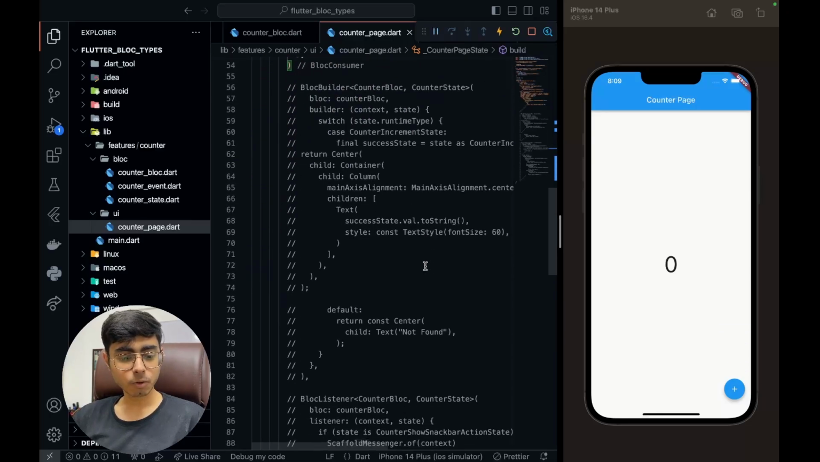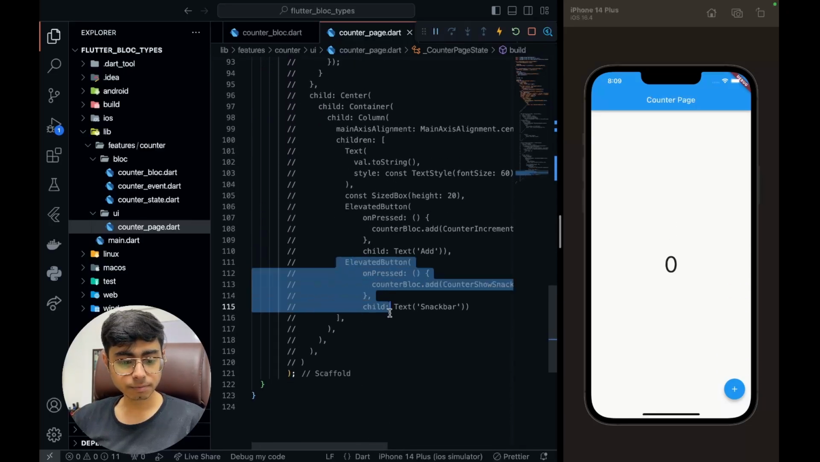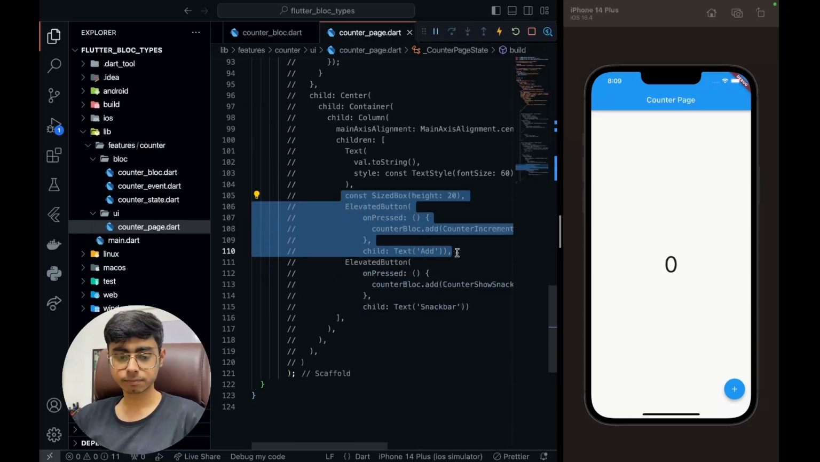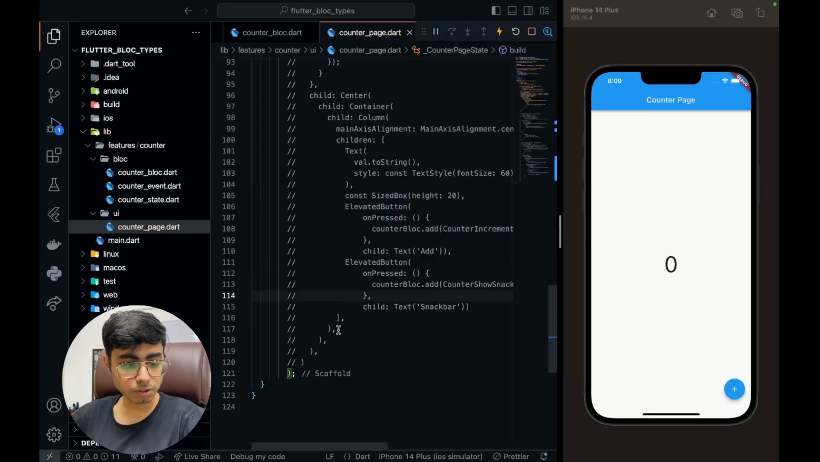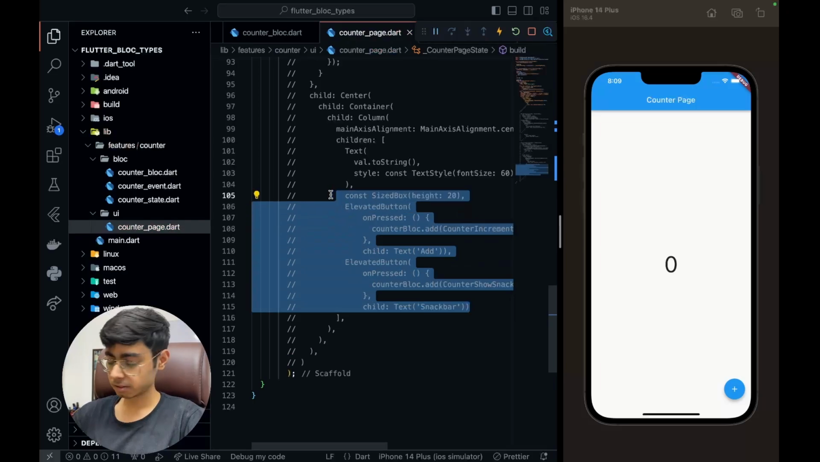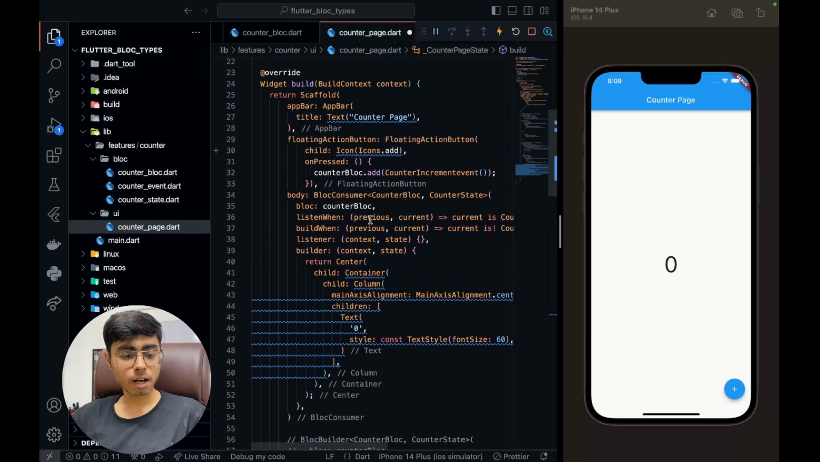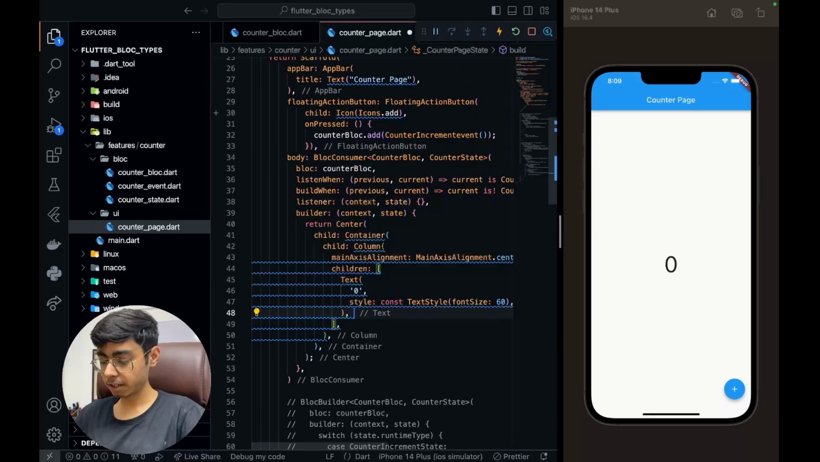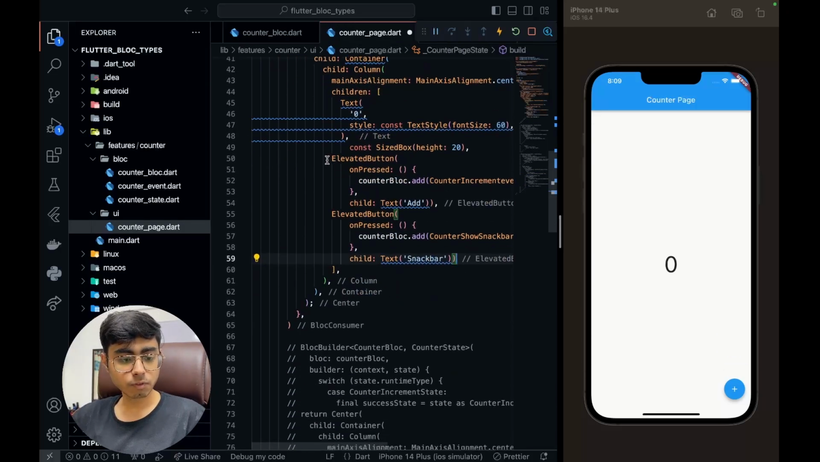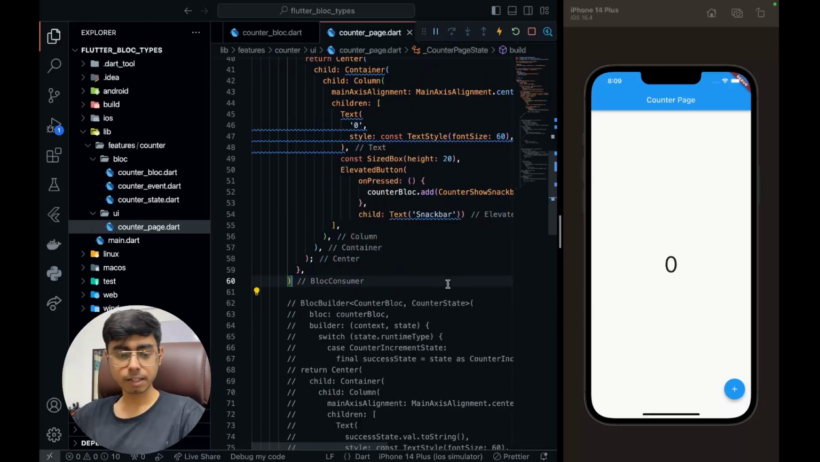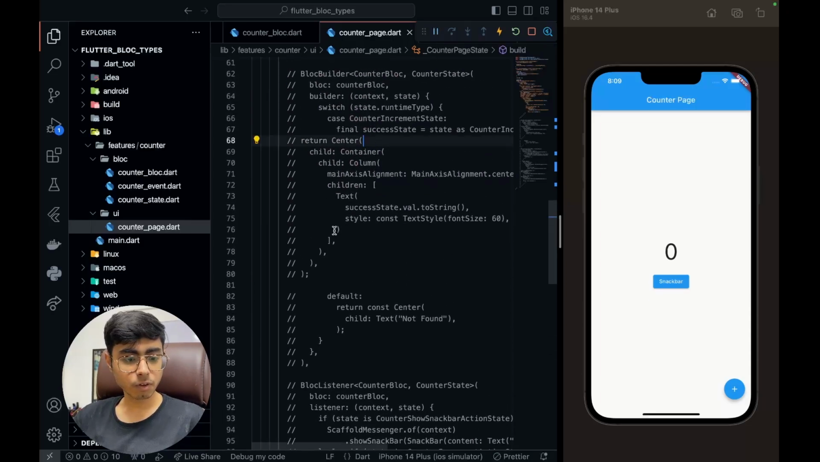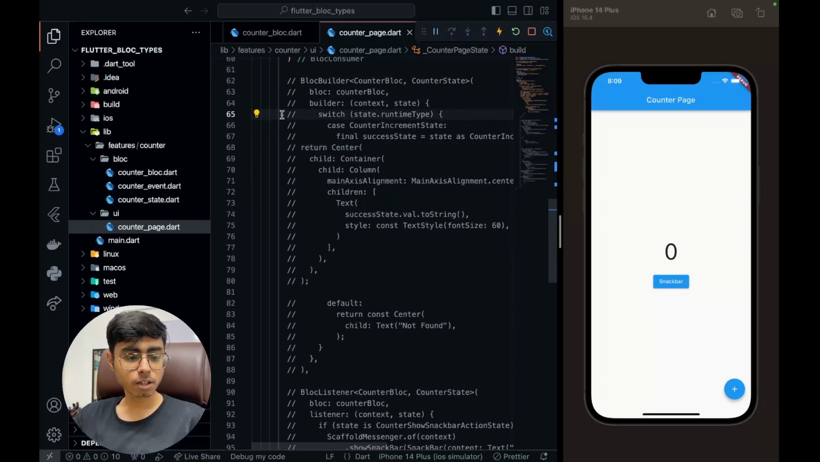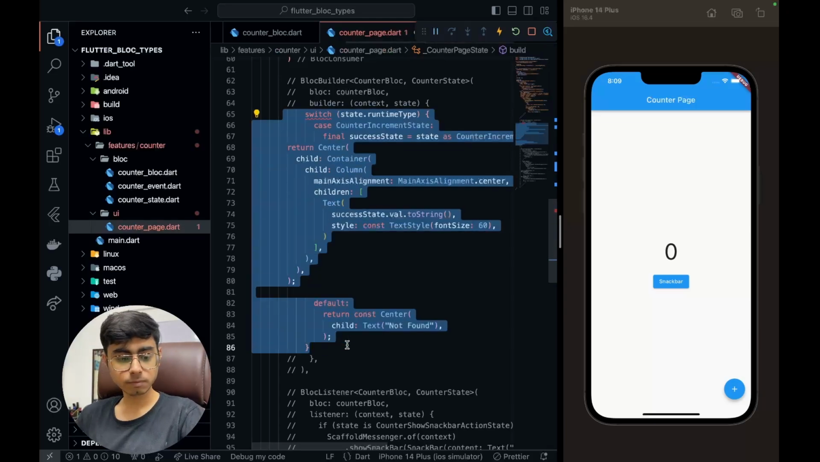All right. I'm going to have those two elevated buttons. Yes, I'm going to paste them below my text and will remove the add button. Yes, let's save it. So now what will happen is, and definitely this state we are going to handle the same way as we did for the BlocBuilder using the switch case. So I'm going to have my switch case again,